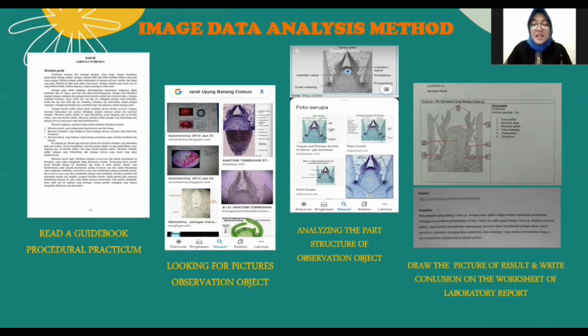In this practicum, we were asked to observe the shoot meristem on the stem preparation of Coleus sp. And the last step is draw the pictures of result and write conclusion on the worksheet of laboratory report. You can draw the result of observation of image data on the practicum report worksheet with the format provided, and you can make the conclusion obtained from the practicum based on the introductory material on the practicum report worksheet. Next,